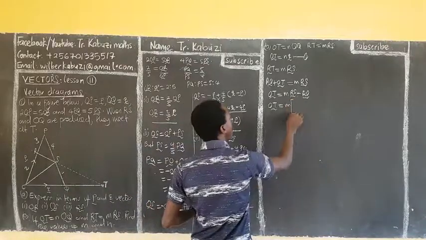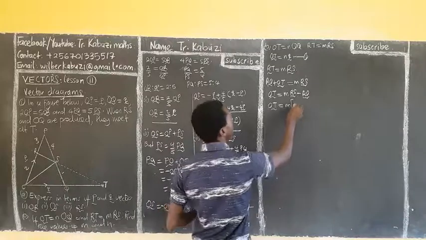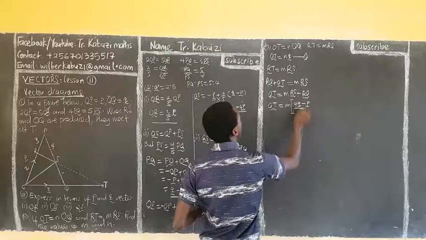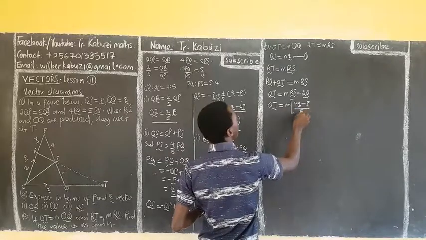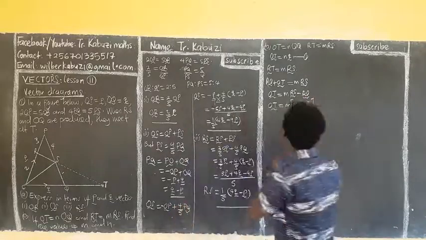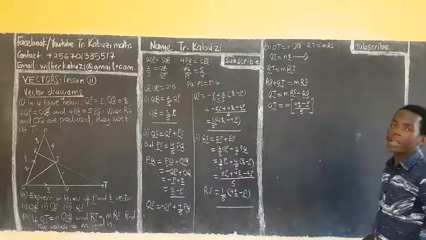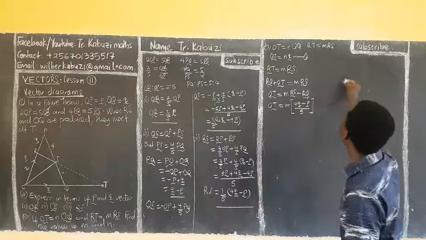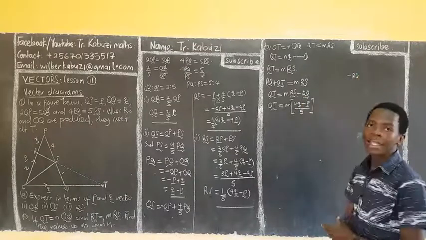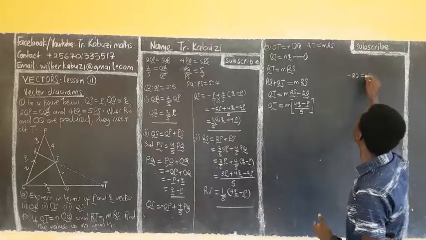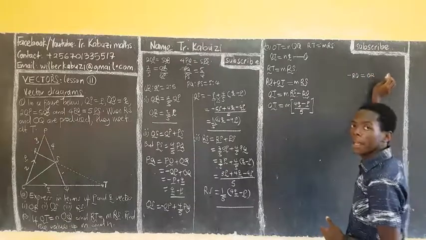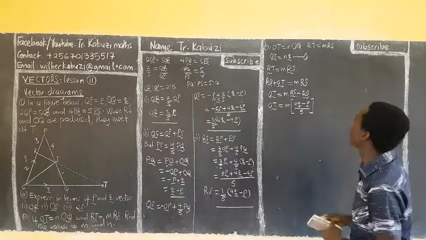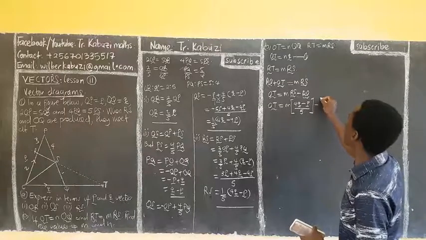Now into RS, which is (4Q minus P) the whole over 5. Now you see this is negative OR, so this is the same as OR. If you have negative RO, what does it mean? It's the same as OR. I don't know if you can see that, but anyway, let us not confuse you. So minus RO,